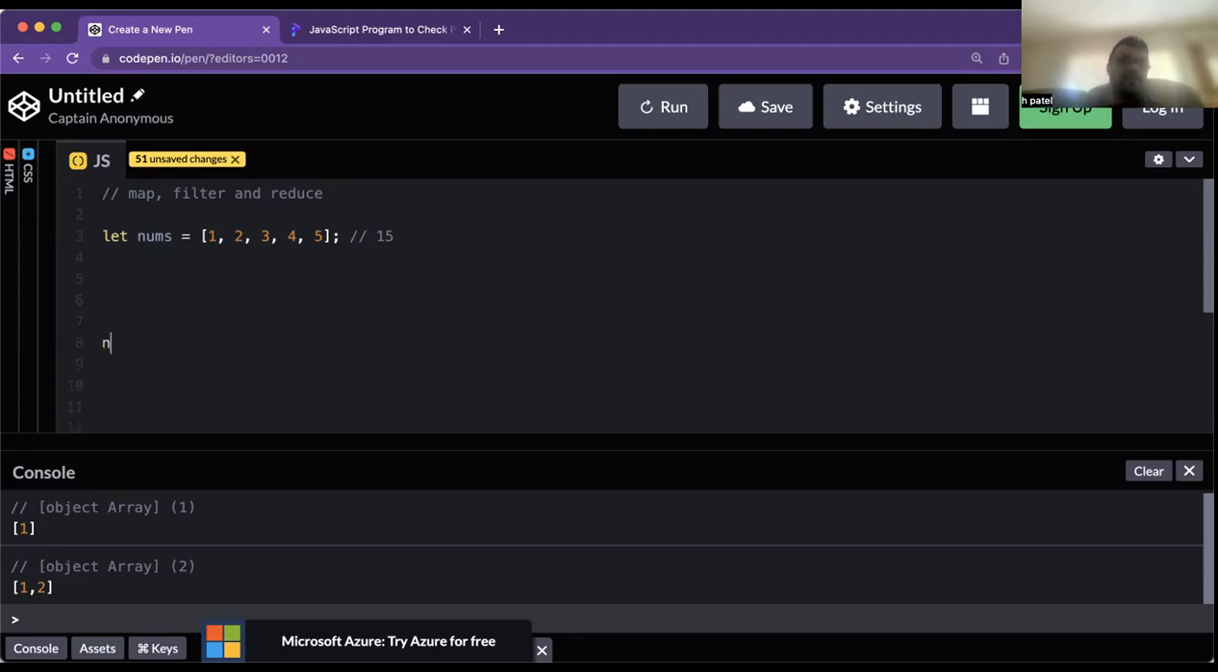It's the same thing. I would say nums dot reduce. And then inside I would pass a function called reduce. Again, you can name it whatever you want, but I'm calling it reduce function. And what this does is it's got a value, it's got an index, and then